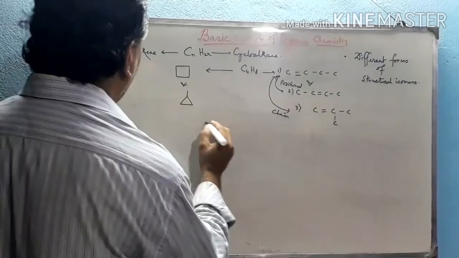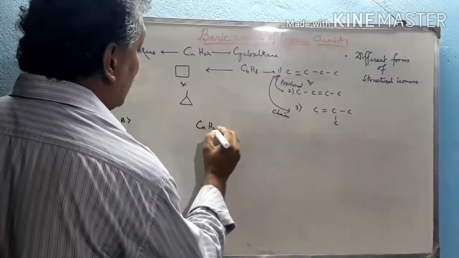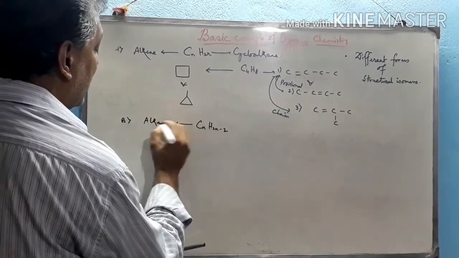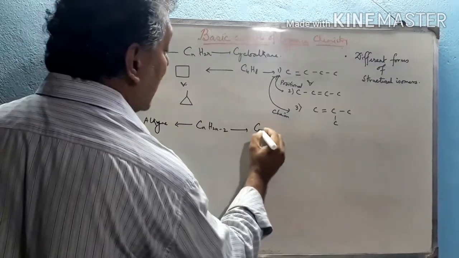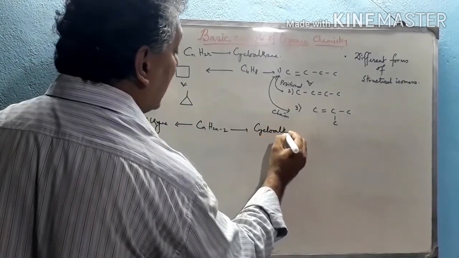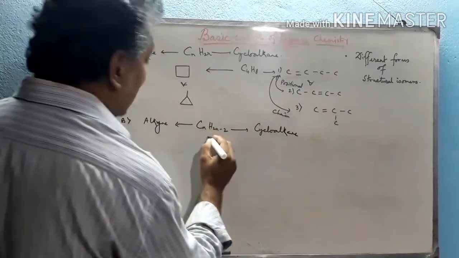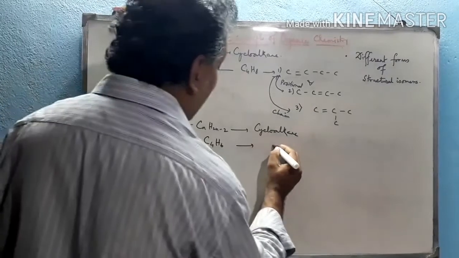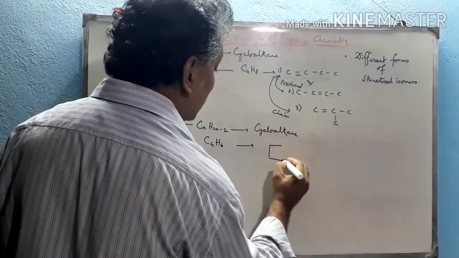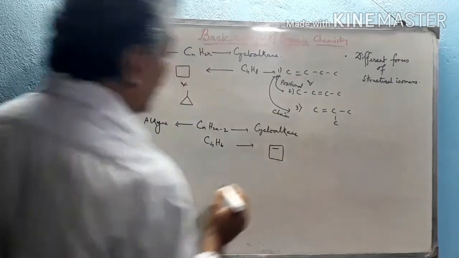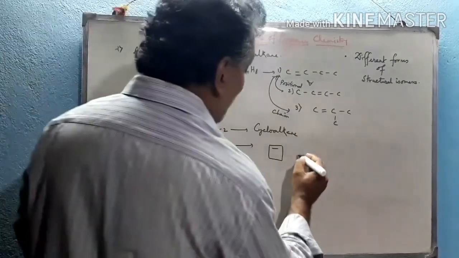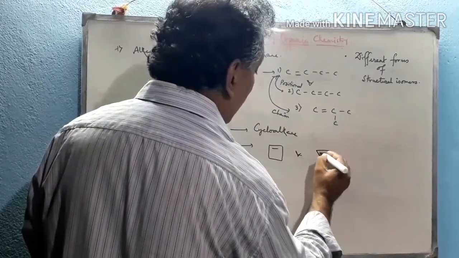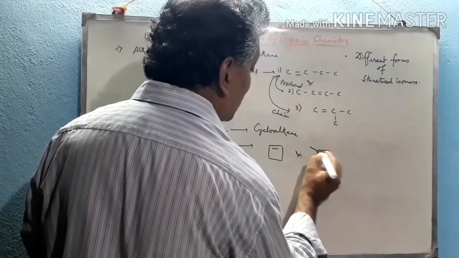With respect to the formula B, CnH2n minus 2. One is alkyne, and the other is cycloalkene. Suppose we have to draw the structure of C4H6. Then cycloalkene, see this 4 carbon system and it contains a double bond here. This is the cycloalkene. So different forms of cycloisomers like this, cyclopropene containing a double bond here and one methyl group attached with this.